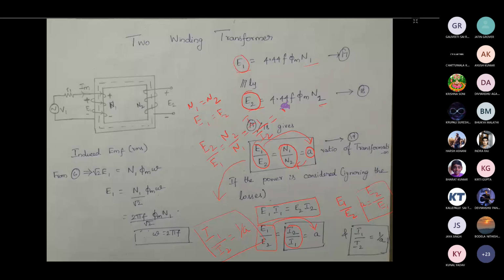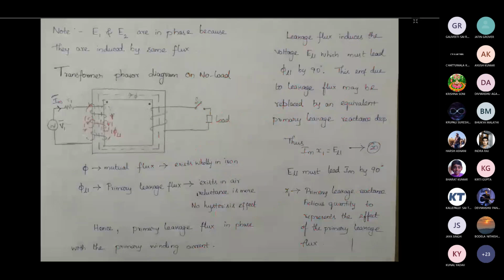It depends on how they are considering. I have solved it like this, and other people might have solved it like that. In that case, I2 divided by I1 will be equal to 1 by A. But here what we have considered is I1 by I2 as 1 by A. It depends on how they are solving. If someone has solved in a different way, it is not wrong, but they will have the calculations accordingly, so there will not be any problem because of that. We have discussed this already.